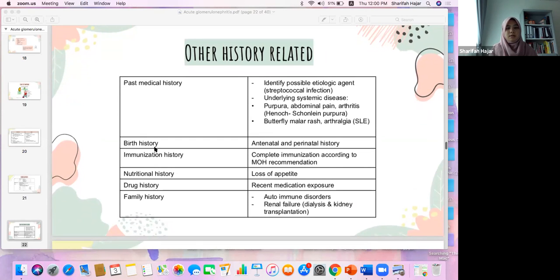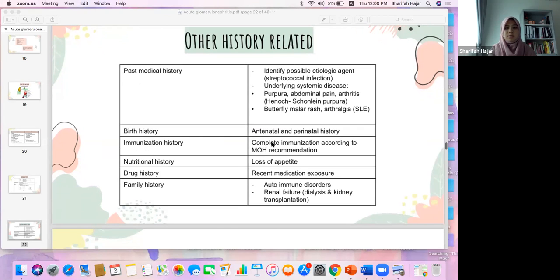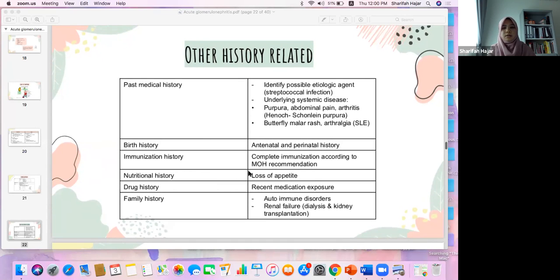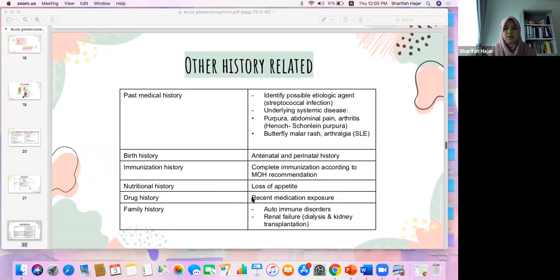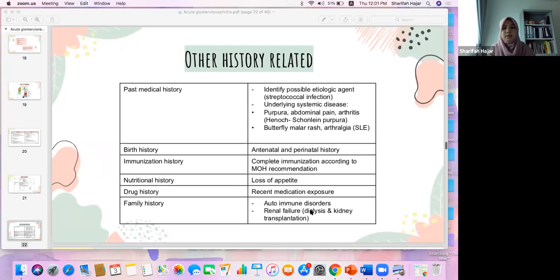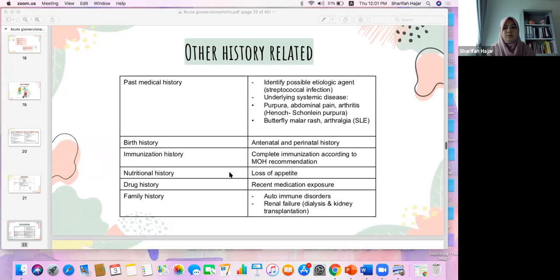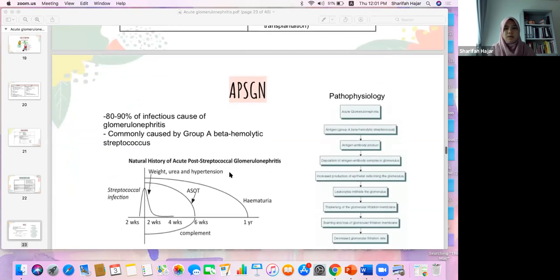And we need to ask regarding the birth history, antenatal and perinatal history, immunization history, complete immunization based on the Ministry of Health recommendation, nutritional history, as the patient has loss of appetite, drug history, recent medication exposure, like antibiotic, family history, does any member in your family have autoimmune disorder or renal failure, like having dialysis or kidney transplantation. Okay, so this is